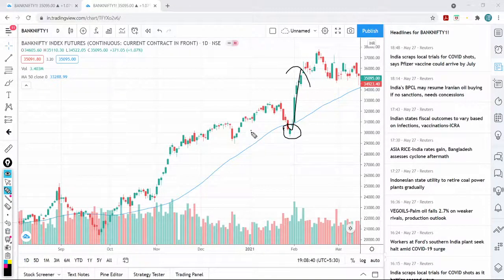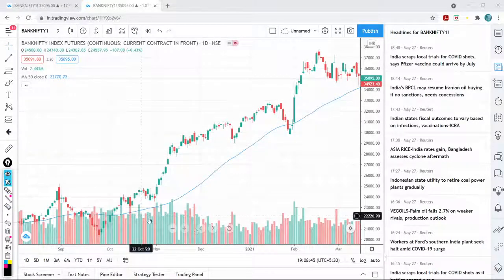Then it reverses back. Up move continuing, a more stronger up move. Can you understand? This is why I use the moving